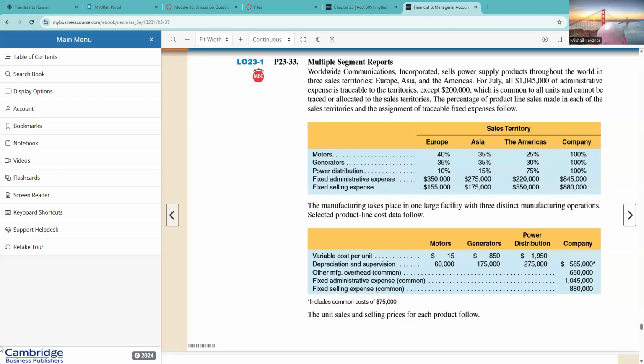Hi everybody. I'd like to discuss problem 23-33, which is a nice kind of segment reporting question where you get an opportunity to reallocate, essentially move around between the product level segments and territorial or geographical segments, right? So it's nothing but a fairly simple Excel exercise, but that's actually important, because segment